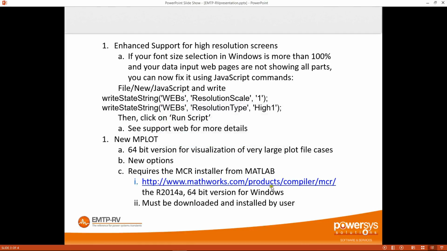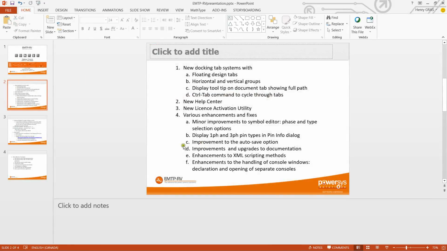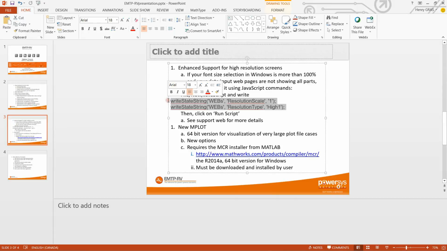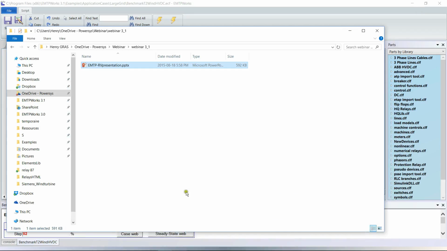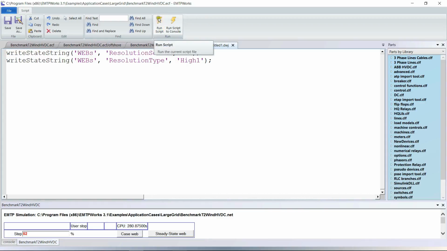Oh, sorry about that. Here, yeah, sorry about that. So here's the command you have to write. I apologize for that. So I will copy and paste it. You just have to copy and paste that here. Write state string web resolution square 1. Okay, and same thing here with high, and then you click on run script,